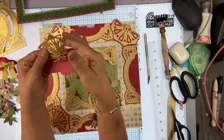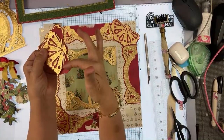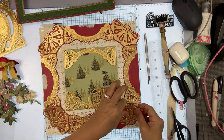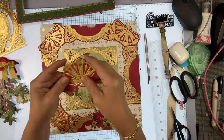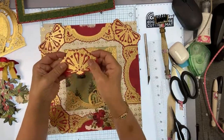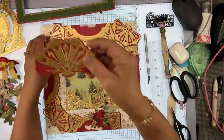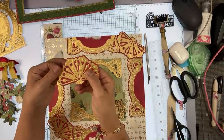Sometimes with our fans, you don't have a complete piece of gold to cut. And if you realize that it's only going to be showing a tiny bit and nobody's going to see it, then why not use it? Okay, so those little scraps you can turn into little fans. This is the one with the little heart. So I ended up with 4 of these. And what am I doing with these? They are now